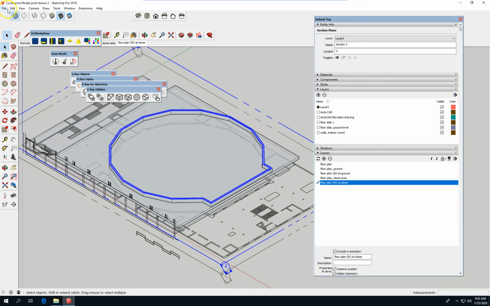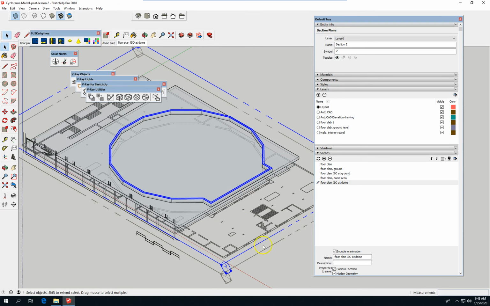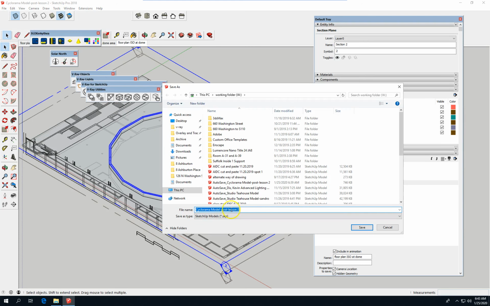Let me save this as file, save as cyclorama, lesson 3, and let's call it scenes, because that's what I focus on. We'll do more scenes in the next